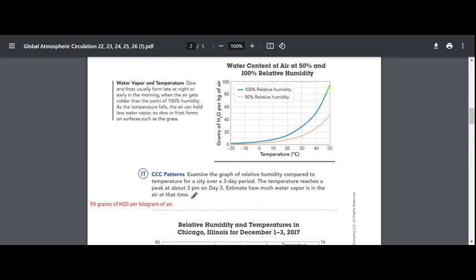Okay, so if this is the peak and it's asking to estimate how much water vapor is in the air at the time, and we know that the y-axis measures the grams of water per kilogram of air,